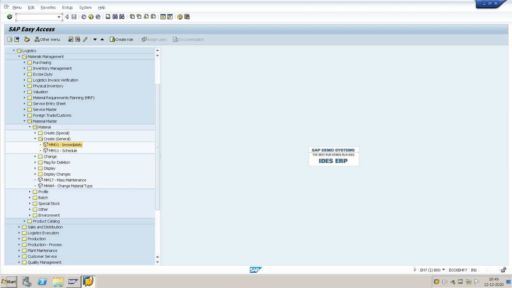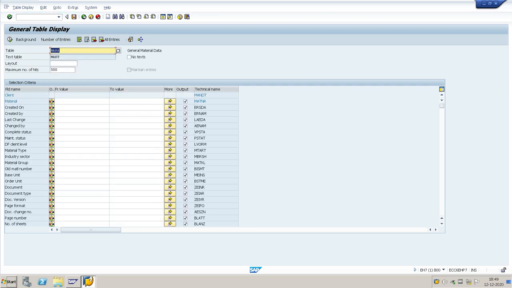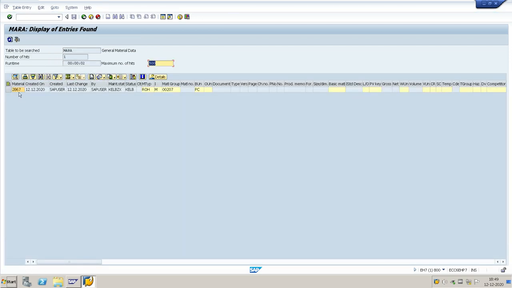You can see the material master tables in the main table. You go to T code SE16N. You can see the MARA table, the general data table. You give the material. Execute. It will show the entire material general data. So material number, creation date, material types. So what are the material general data? Everything you can see in the MARA table.